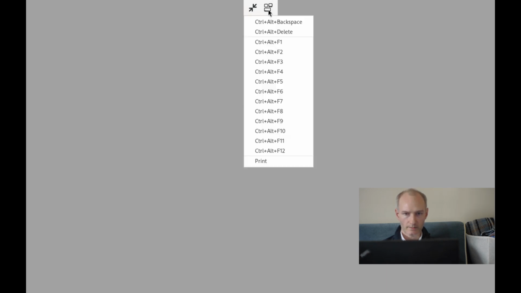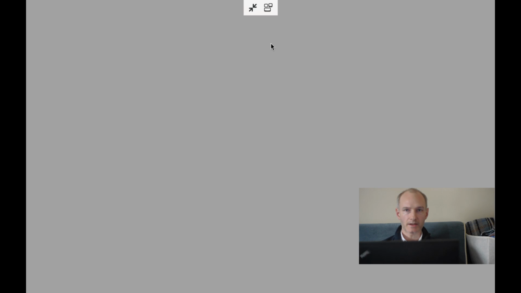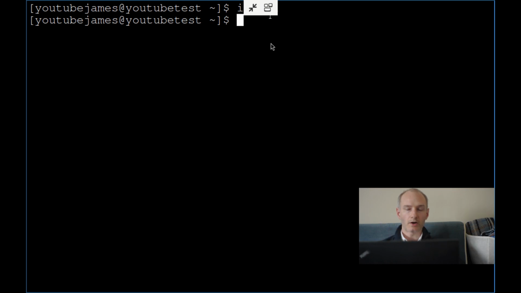Really good. So there you go. That's how you can use i3lock to stop switching VTs, to not have access to the Linux console, and potentially have a security flaw. However, just be aware, although this works,